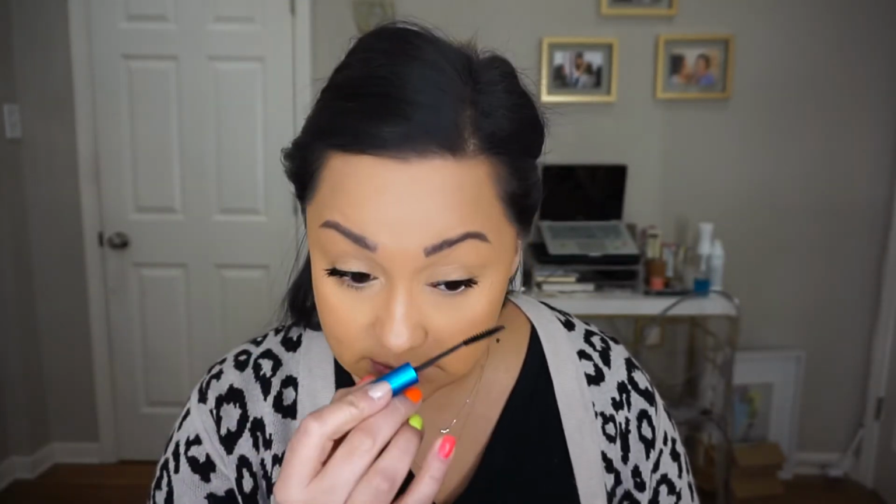I am for sure going to take Extended Play Giga Black Lash on my lower lashes, and the reason is I did use the Gucci one on my lower lashes, and I do find that it transfers. After a few hours of wearing it, I did notice smudging. So I know this is tried and true. I'm going to take my Huda Beauty Light Tantour product, and I'm just going to apply that. And I will be showing you guys how I use the Auric